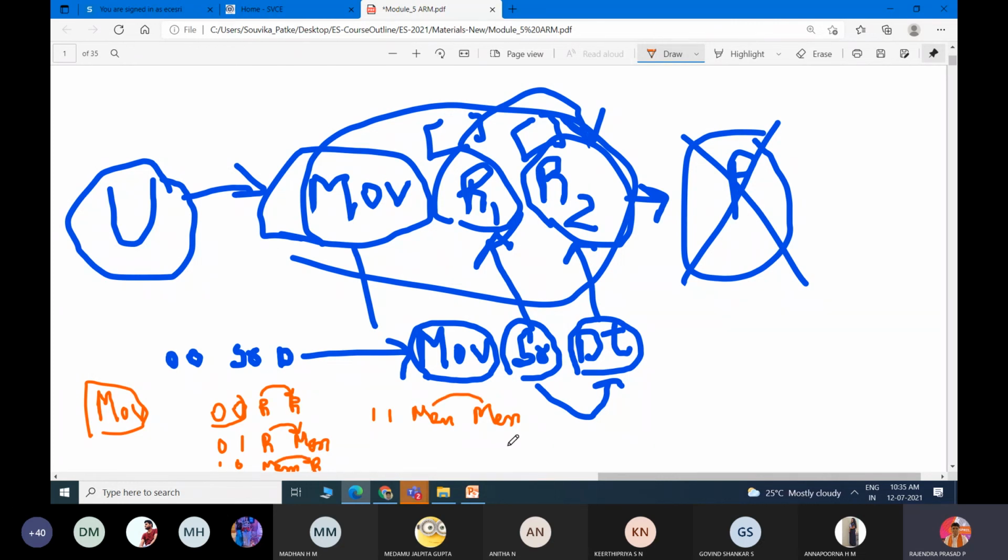So in all I am doing a move operation, but operands here are different. Okay, one is register, one is register; one is register, one is memory; one is memory, one is register; one is memory, and one is memory. Now these 0 0, 0 1, 1 0, 1 1 are all with respect to this move instruction.